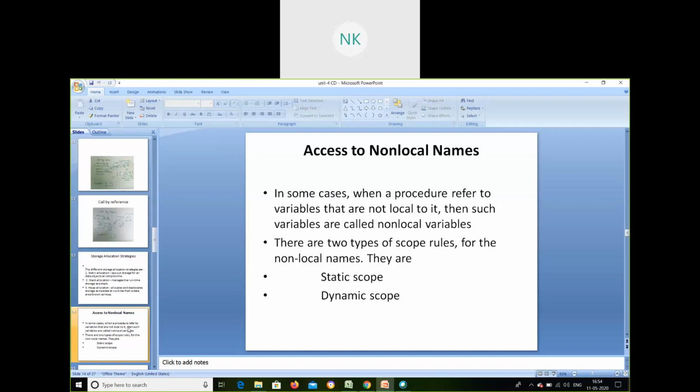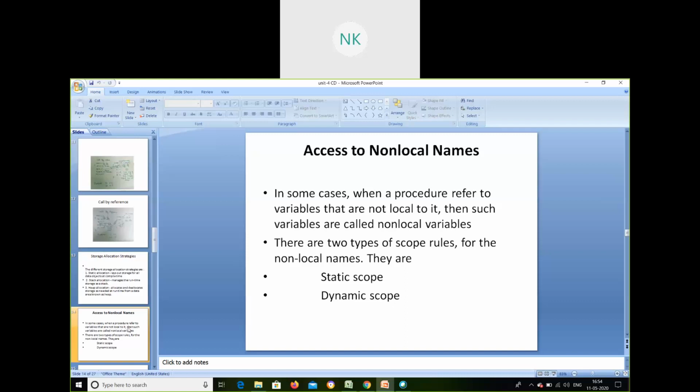The variables which are not in the local function, that you are accessing from a different function, you call them non-local variables. So how do we access those variables if we are not going to use them in our procedure? How does it link with the current procedure? This is the methodology that we are going to see here.